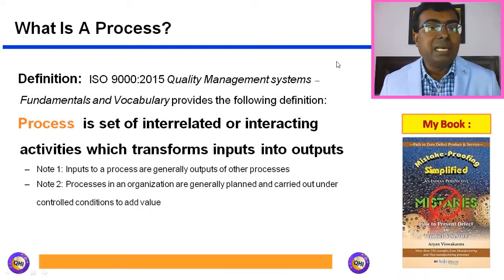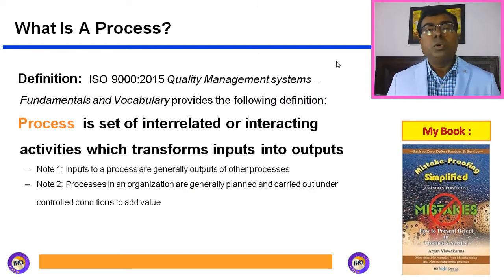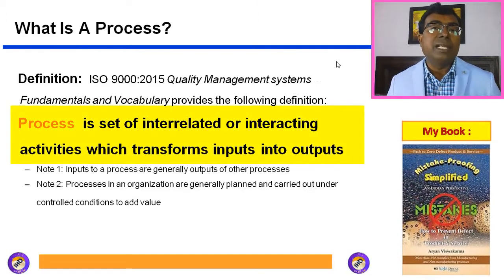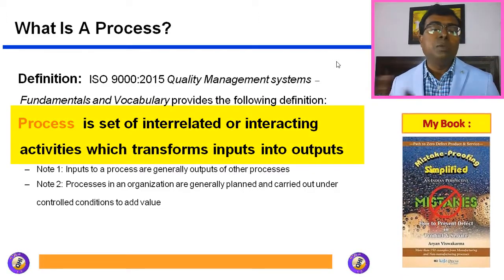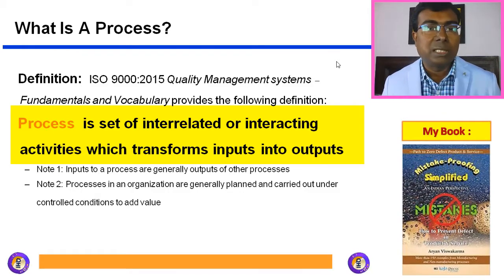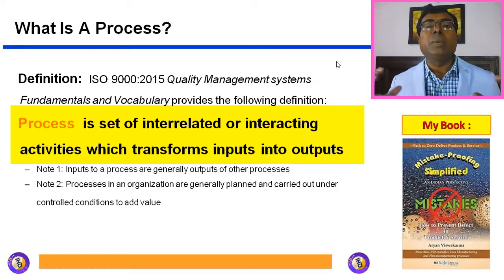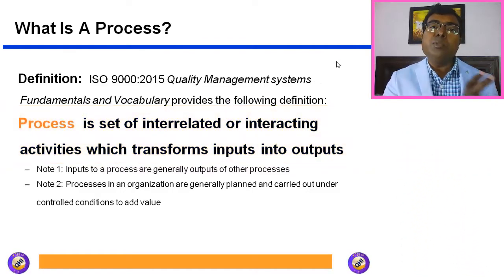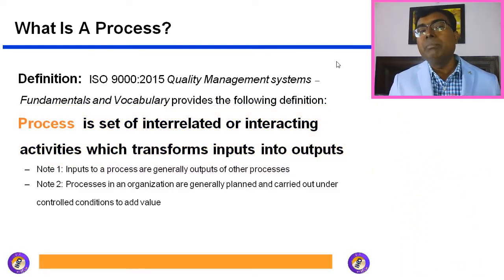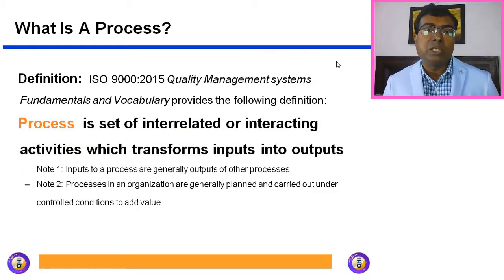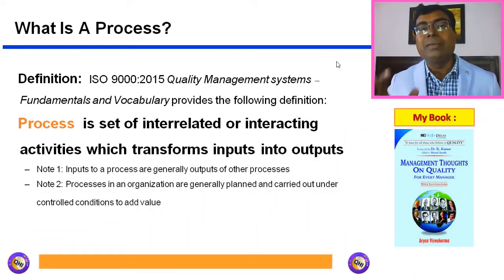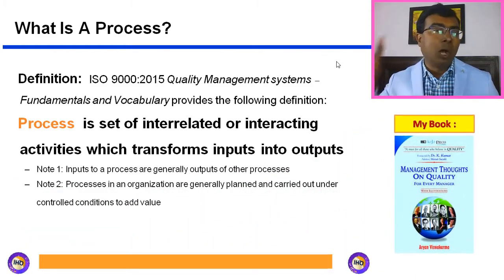Now let's come to the second term, that is process. As we know, the definition of a process is a set of interrelated activities which converts input into output by utilizing some resources. That means there will be a set of activities which are interrelated, and it always uses some input materials. And input could be many things. It could be manpower, it could be resources, it could be electricity, it could be any other things. So in a process, we always do a set of activities which converts input into output.